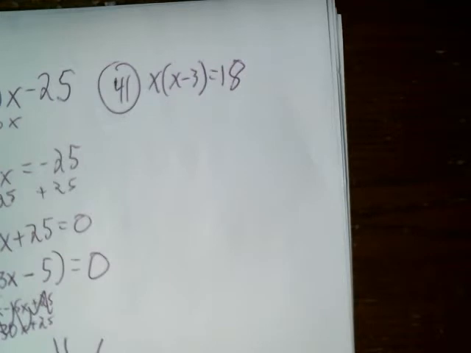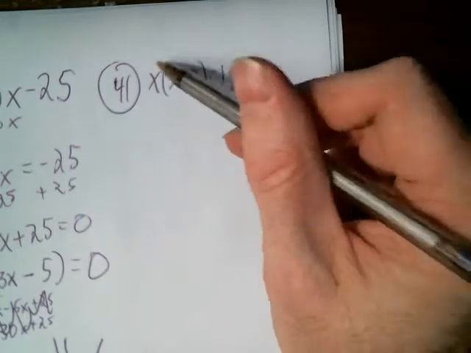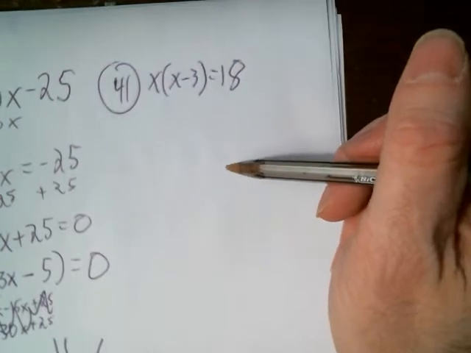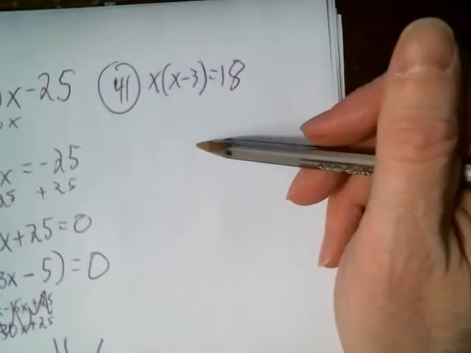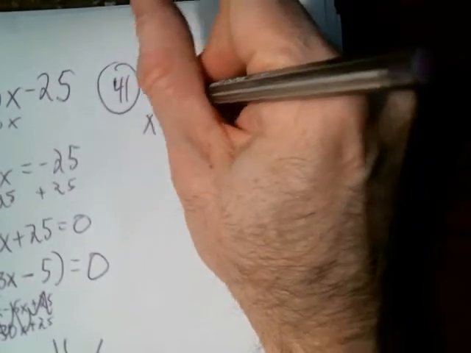So it's not in the right form. You have to set it equal to 0, and you're not going to be able to solve it until you distribute. So it seems like you have to go backwards in order to go forwards here. It seems like it's factored already, and I don't want to screw that up, but the truth is, you have to distribute